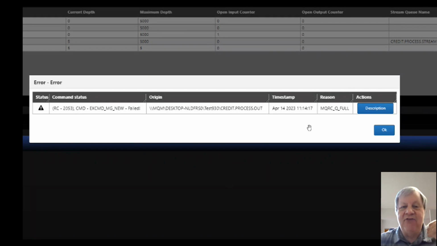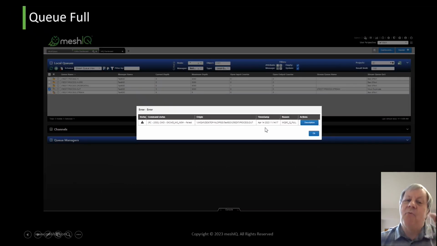Okay. Now, I mentioned originally that there was no need for the applications to be aware of streaming queues. This is one sort of caveat from them. In this case, the application queue was not full, right? If somebody were to say, gosh, I put the message and it came back and it said that my queue was full. Well, it's not really true. Their queue isn't full. It's the streamed queue that's full. So in that particular case, you actually would have to go look in another place and know that there was streaming involved if that occurred. So there's a little bit of application knowledge.